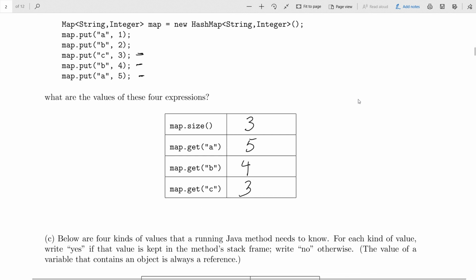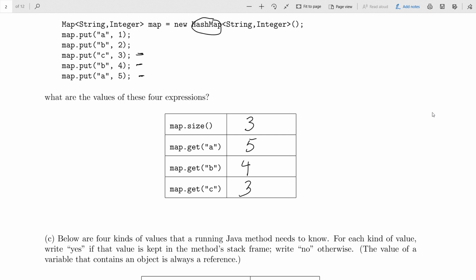Would this have been any different if instead of a hash map, we'd used a tree map? If I just changed that to tree map, would any of the answers have been different? Yeah? You would be able to have, like, for B, you might have had 2 and 4 when you get it, because you have multiple. Okay, so he's suggesting that if there's a tree map, when we insert, we might get 2 elements out when we looked up B or A. But in fact, that's not how it works.